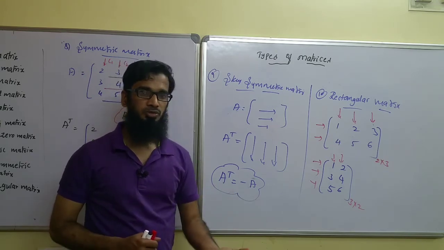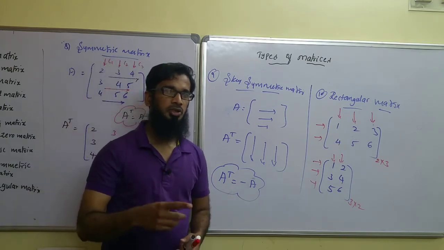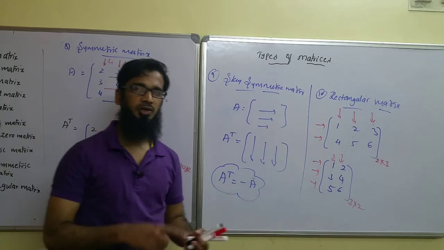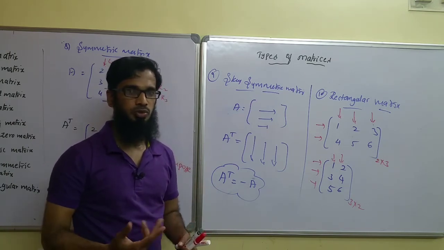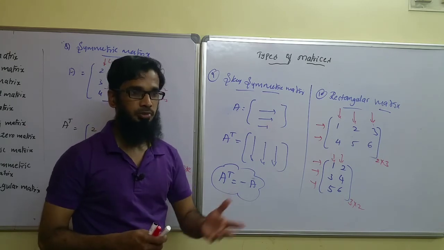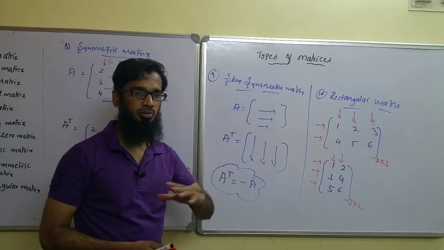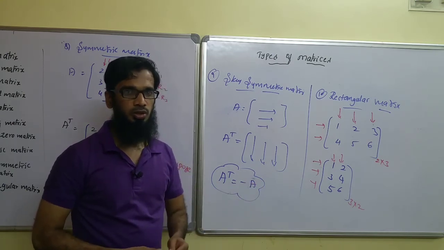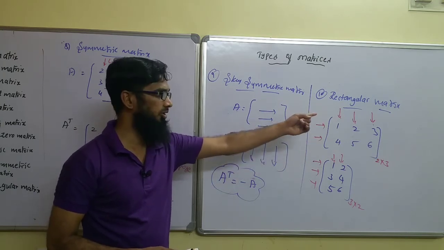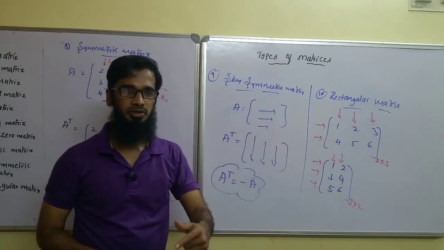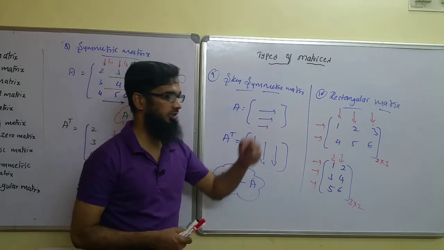Now, coming to the types of matrix, the first is a row matrix, in which only one row should be there. The second one is the column matrix, where only one column should be there, but the number of rows will be different. Then the square matrix, where both the rows and the columns should be the same. The number of rows must be equal to the number of columns. The rectangular matrix is exactly opposite to the square matrix. Here the rows and columns are different, they should not be the same. So that is a rectangular matrix.